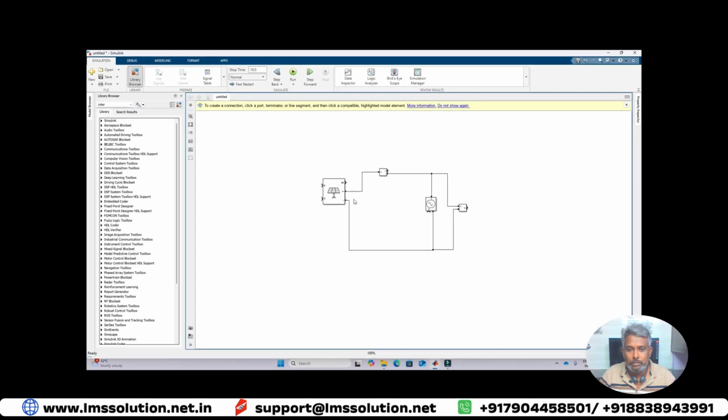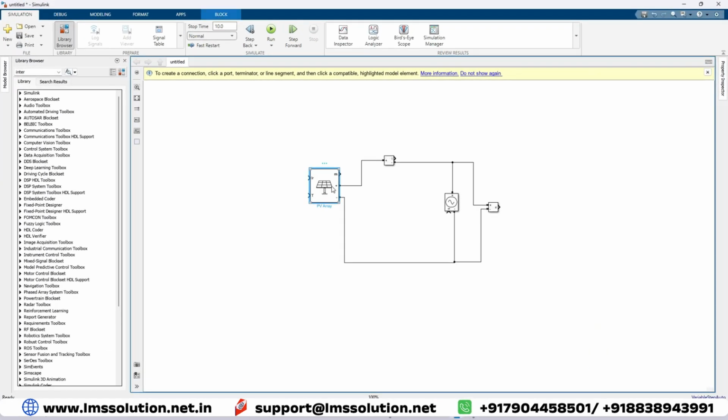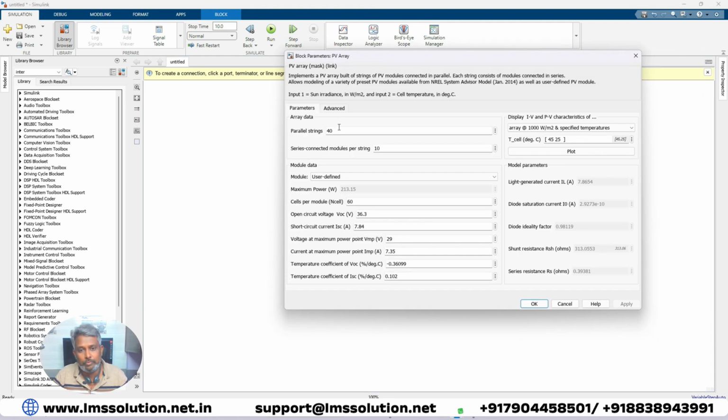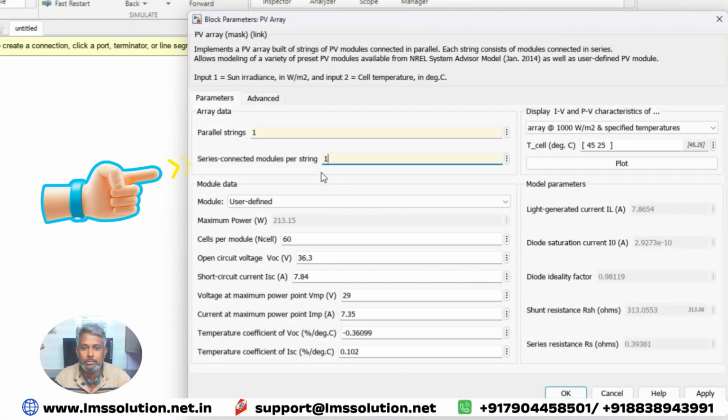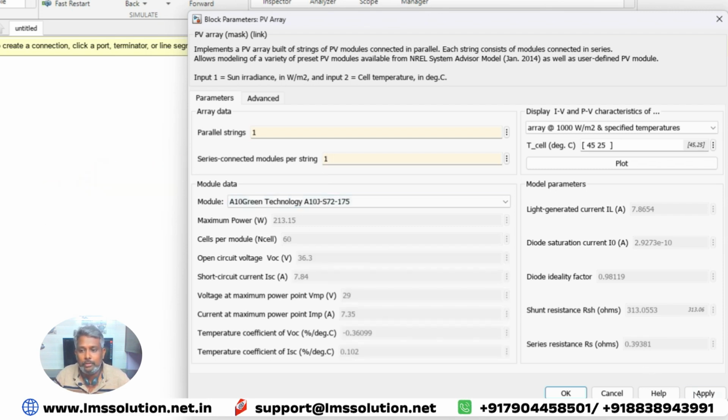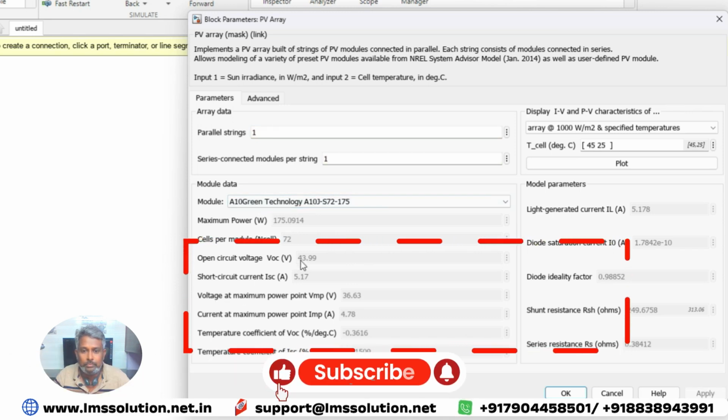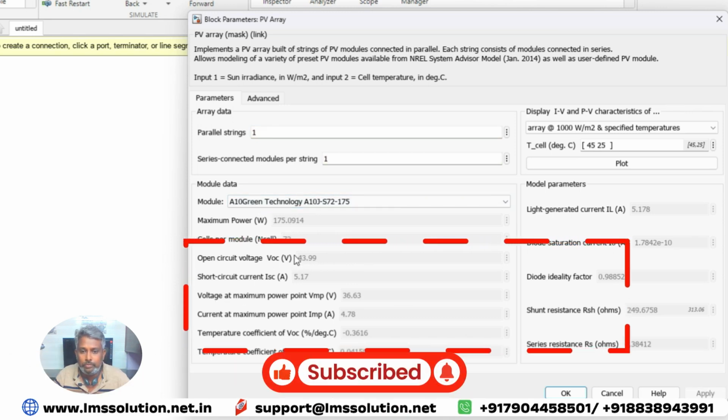Here I'm going to fix the PV array parameters. Just I'm going to take 1 and 1. That means the series connected modules is 1, and the parallel is 1, and then here I'm going to take the first model. Here you see that the open circuit voltage is 43.99. Note down this value,